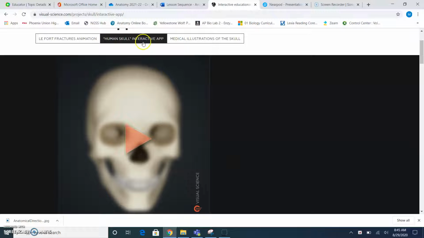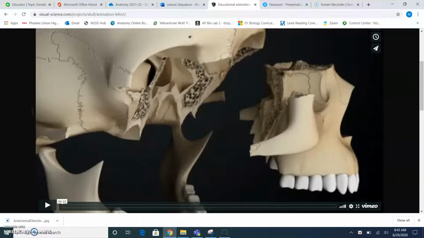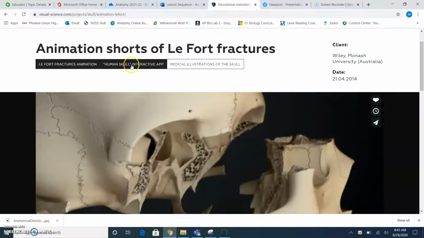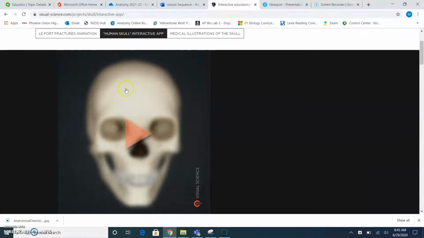It will kind of default to this right here. There's a couple other things you can go to as well. Feel free to check around. These ones are not quite as interactive as this one, hence it's actually called interactive. But we can click play on this, and it doesn't really play, but it allows us to manipulate this skull on our screen. So if we give it a moment to load,